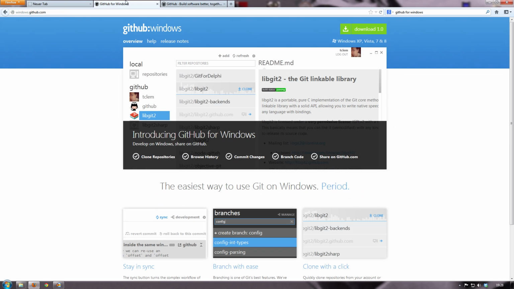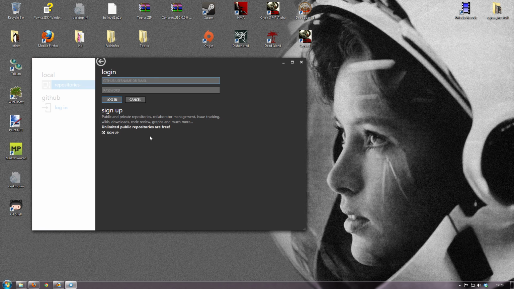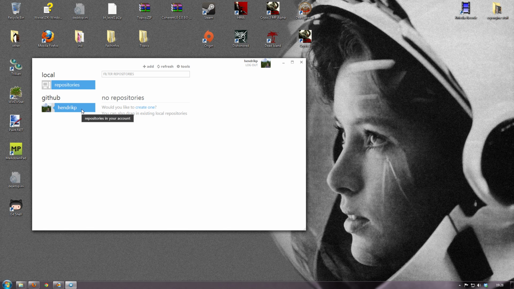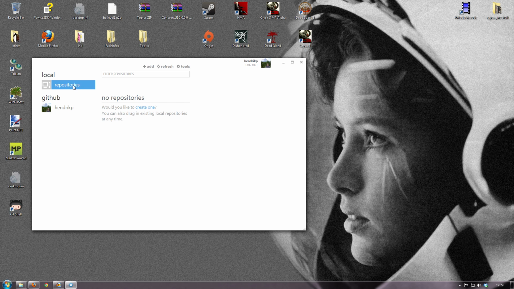Since I already downloaded this, let's go and start it up. We basically need to log in to this tool. Log in, it will remember this. Okay, so now you can already see local and GitHub. GitHub means on the internet. I already have some repositories on GitHub on the internet, but I currently don't have them associated on my